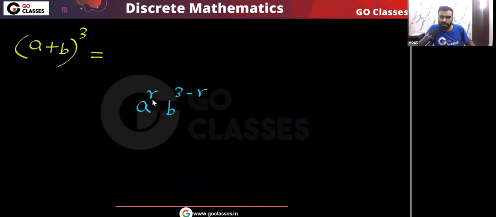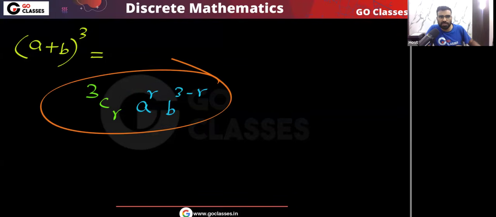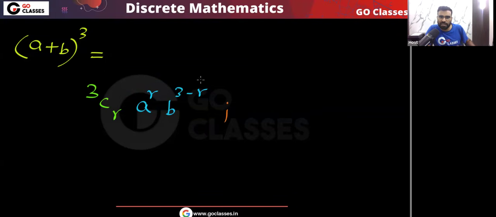How many ways can you get this term? From 3 factors, you choose R that will give you A, and the remaining will give you B. This is the term in the expansion, and R ranges from 0 to 3.